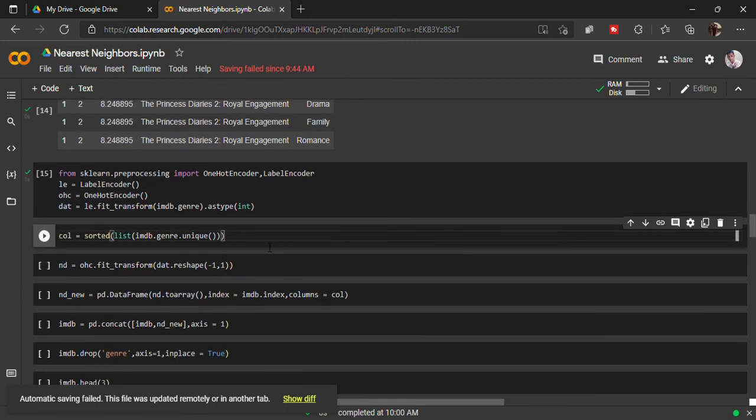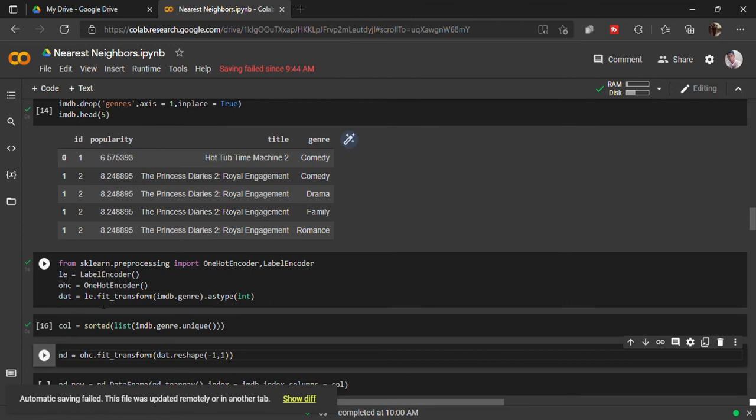So column is equal to a sorted list, right? This label encoder will assign values alphabetically. Suppose you can see here C, here D, so it will assign 1 to the value if it starts with A, 2 to the value if it starts with B. So it is ordering this genre column alphabetically and assigning each value a number until the unique values end.